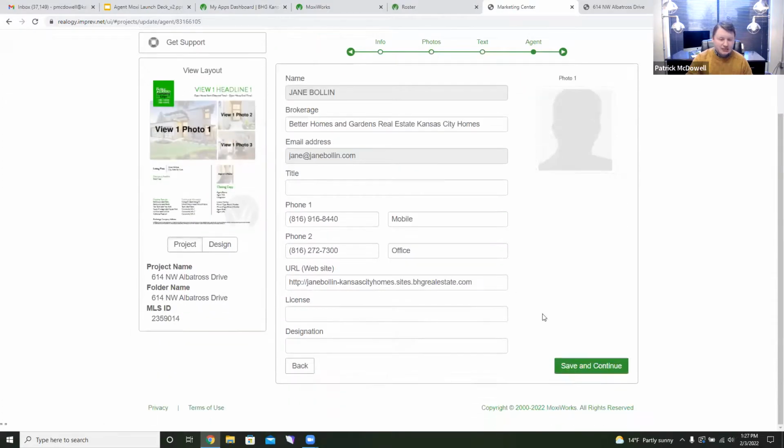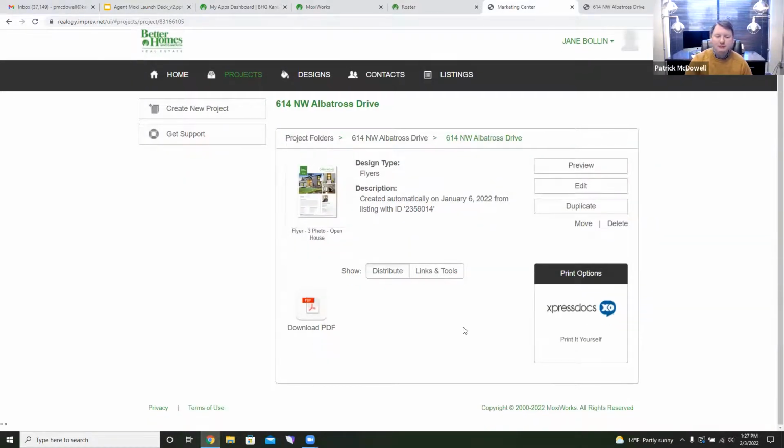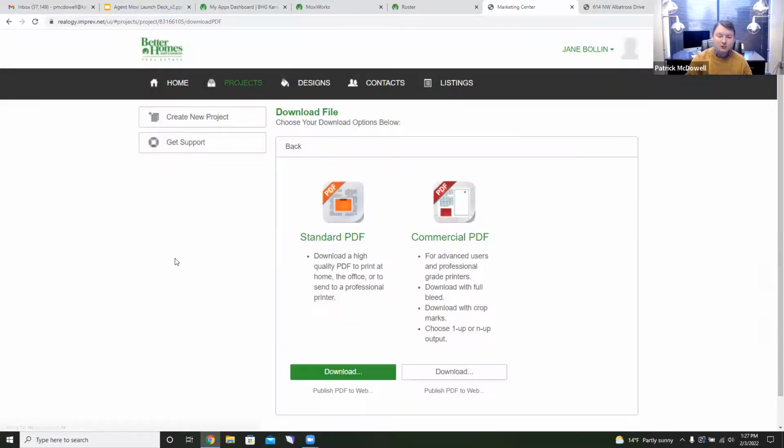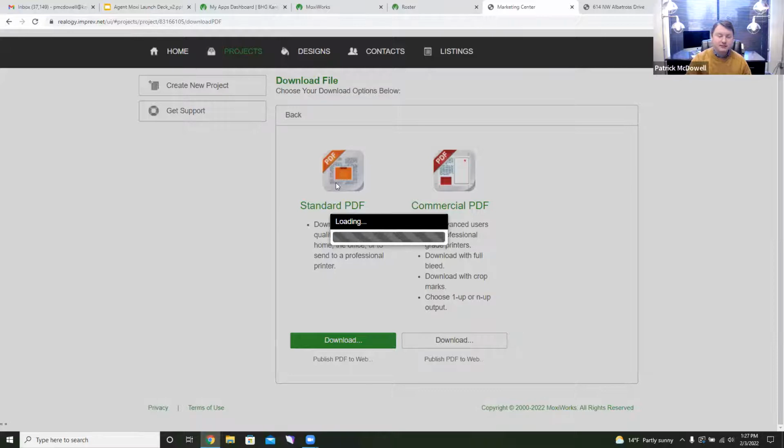And for some reason, again, Jane's picture is not pulling in. And if you have that problem, let us know. But it didn't work for her, but it should pull in automatically. We'll look at that and figure out what the problem is. But now all I have to do to see it is either click preview, but let's say I'm ready to download it and print it in the office with one of the free 50 color copies that I get per month. All I'd have to do is click download PDF, and standard PDF is perfectly fine for these,